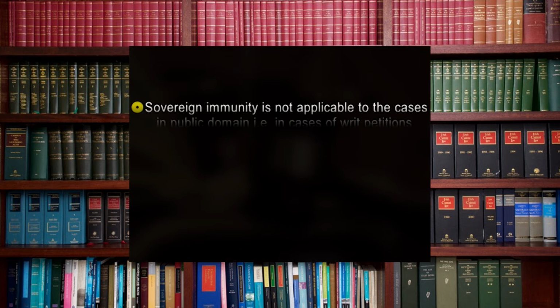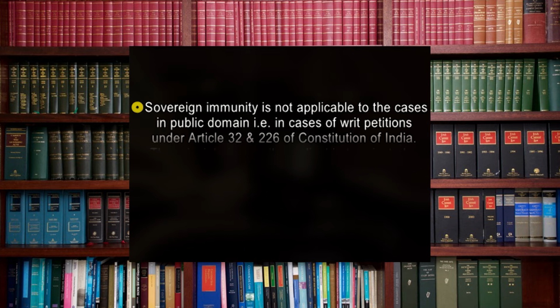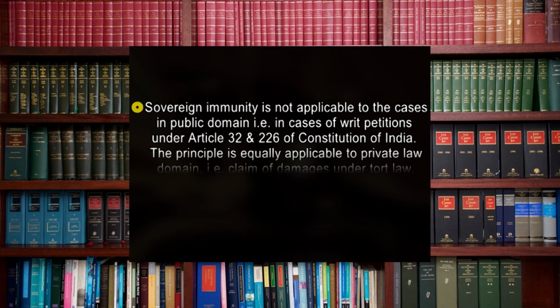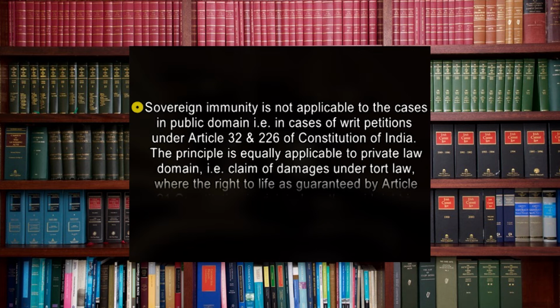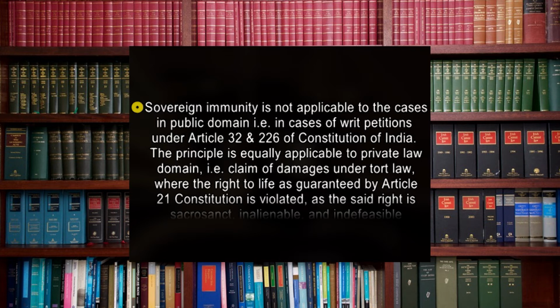Number one, the sovereign immunity is not applicable to the cases in public domain, that is, in the cases of writ petitions under Article 32 and 226 of the Constitution of India. The principle is equally applicable to the private law domain, that is, claim of damages under tort law, where the right to life as guaranteed by Article 21 of the Constitution is violated, as the said right is sacrosanct, inalienable